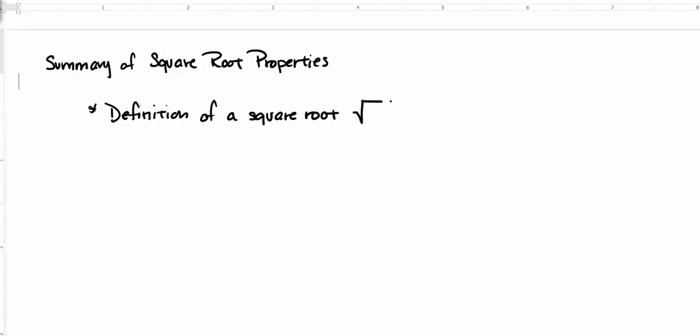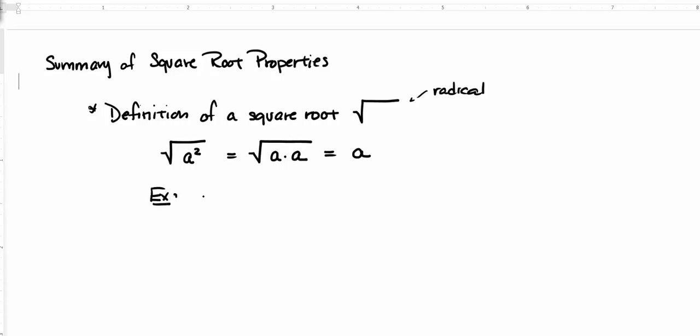we denote using this sign, which is the radical sign. So we have some number squared. When we take the square root of it, that a squared is really a times a. We simply get, without the square root sign, we get a back, right? So, for example, if I have the square root of 25, 25 is a perfect square, right? 25 is the same as 5 times 5. So if I take the square root of that,